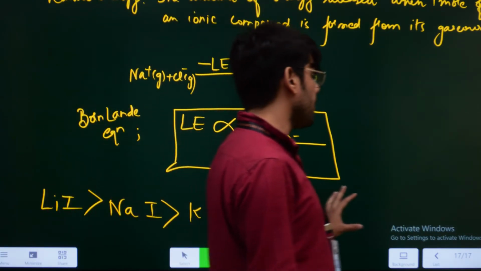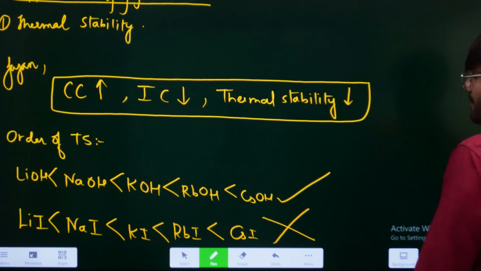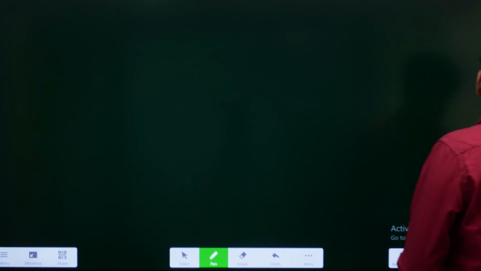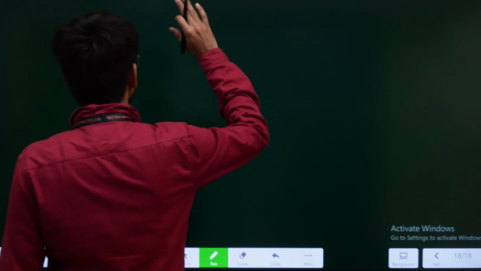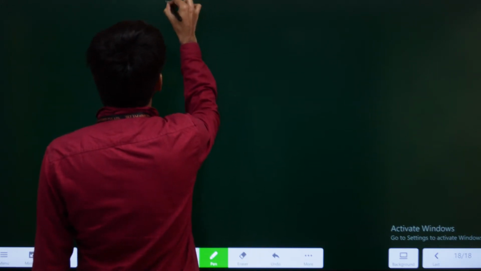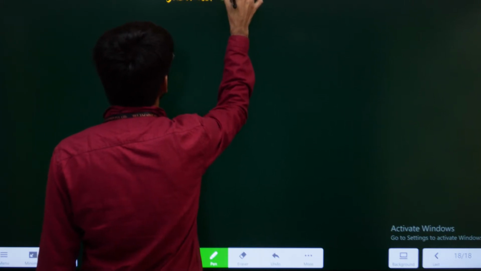But now, the two statements are contradicting. They are contradictory. So how would you write the correct order? Here we saw an anomaly in Fajan's rule, and you need to remember what I am writing. Whenever you have a question on thermal stability,